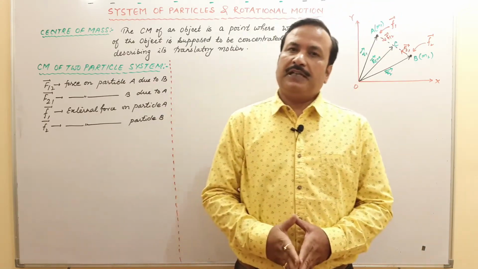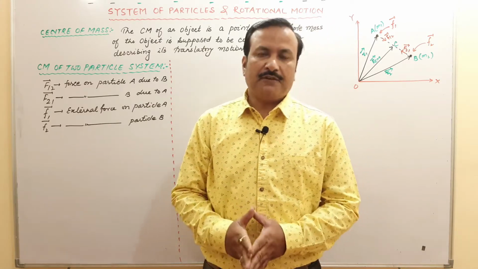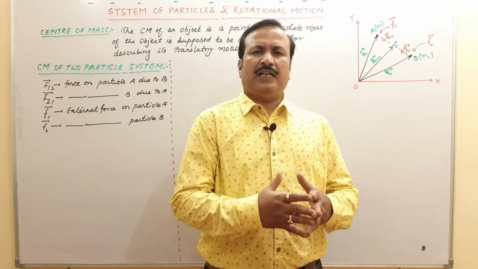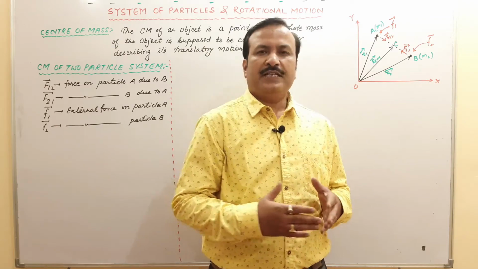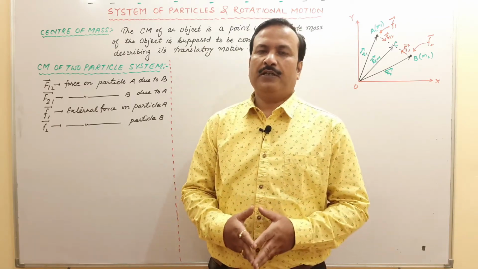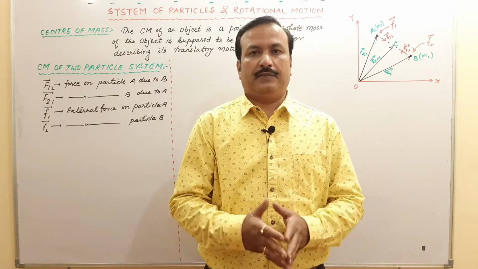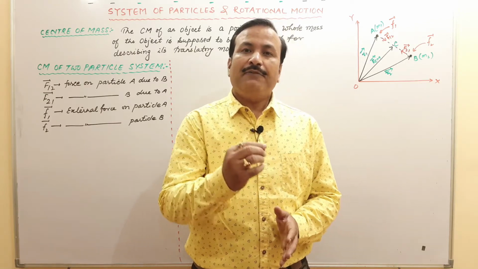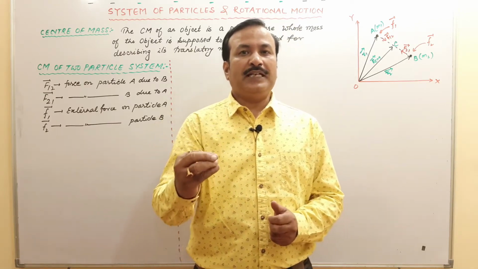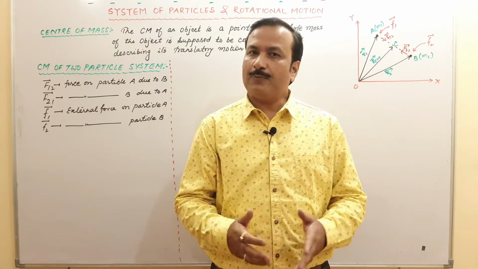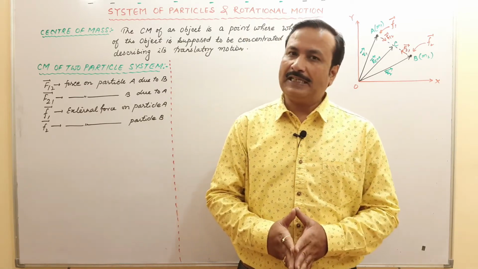So far in the previous units, we have seen so many times an object moving from this point to this point, with force applied on this object. We were not talking about the size of the object. There we considered the object to be a point object. What is a point object? I have already discussed it earlier in previous videos.